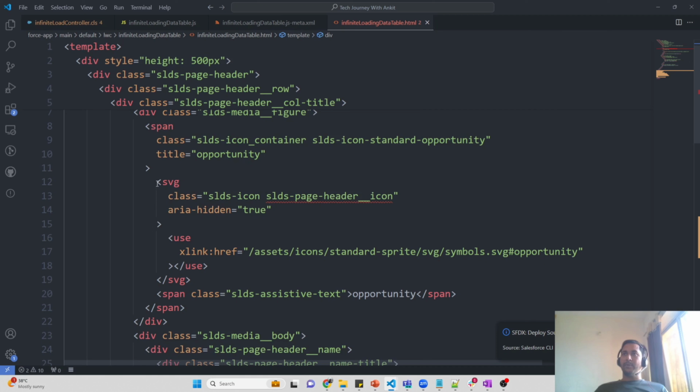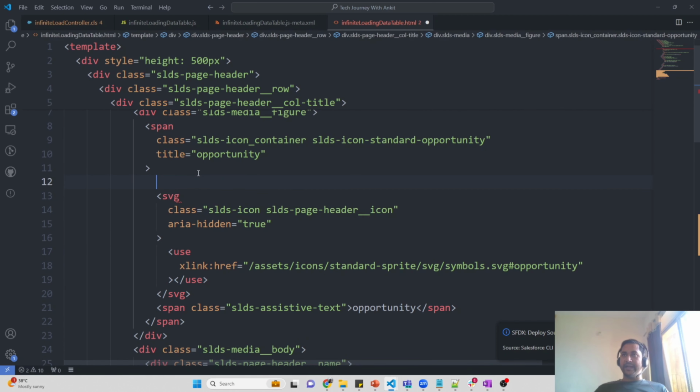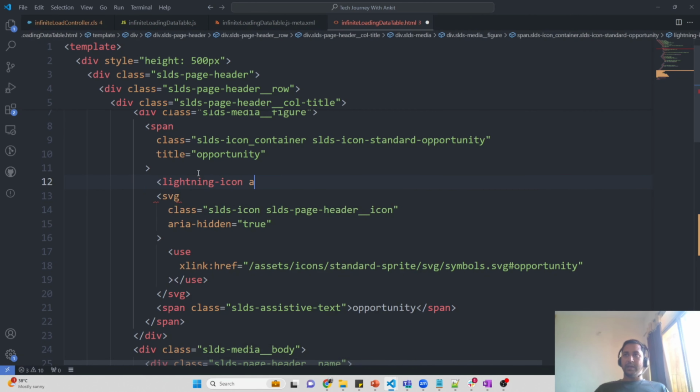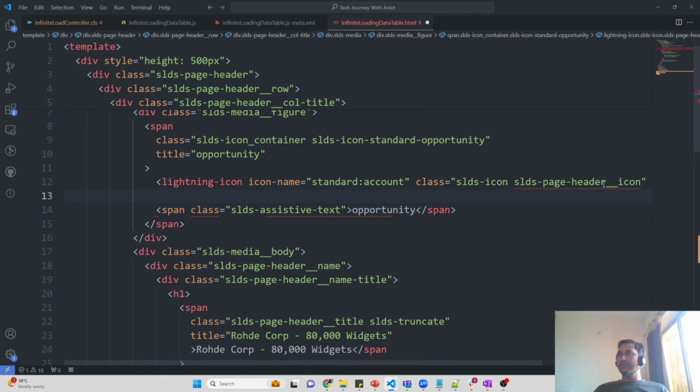Now here on my component, I don't want to use this SVG file. So before I go and remove this, let me add one lightning icon here. I am putting the icon name as standard account, and the next thing I want to put here is whatever classes we have available on the SVG; I can use similar classes here as well. So let me add that class. The rest of the things are not required, so we can definitely take this out from here,